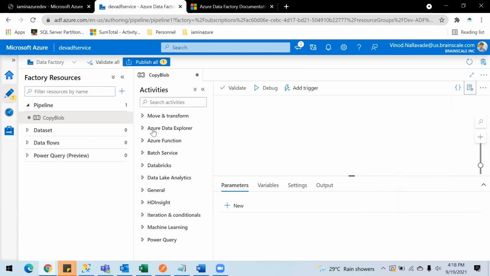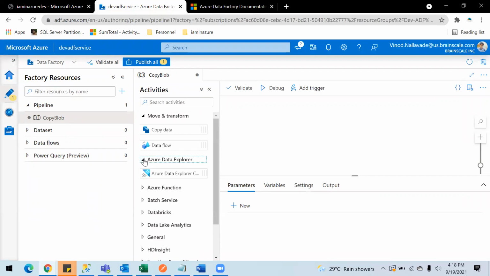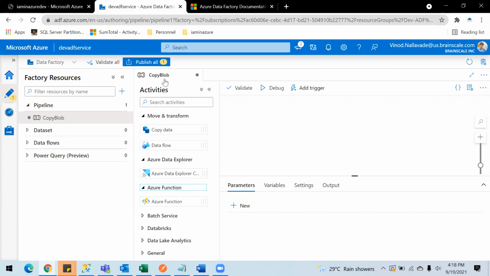And as I mentioned, you can do different kinds of activities. These are the activities that Microsoft provides, like move and transform, where you can get copy activities. Or if you want to write some commands on your data, you can use Azure Data Explorer. Or if you want to run some function apps inside your pipeline, you can call this activity.